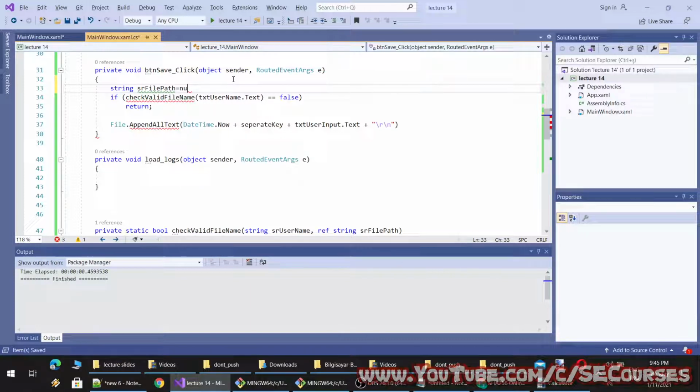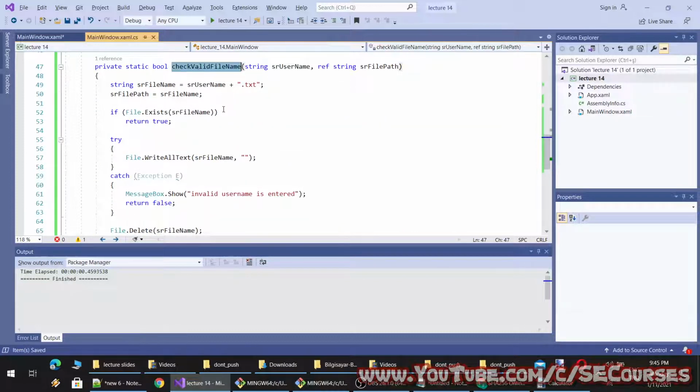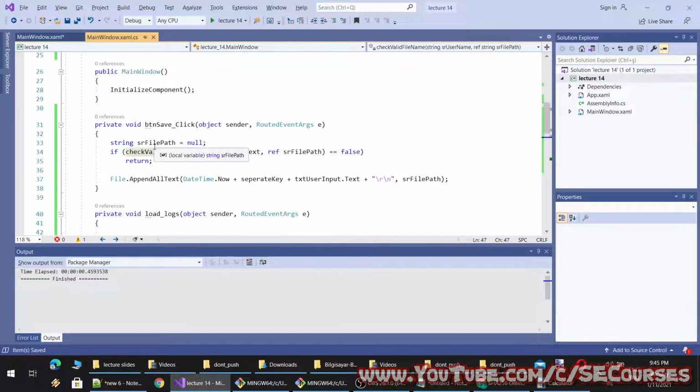So path will be null, and here I will provide it like this. And here I can use it like this. So since I am providing the reference of these local variables to this method call, the changes I make inside this method will be reflected back. That is why I am using ref.